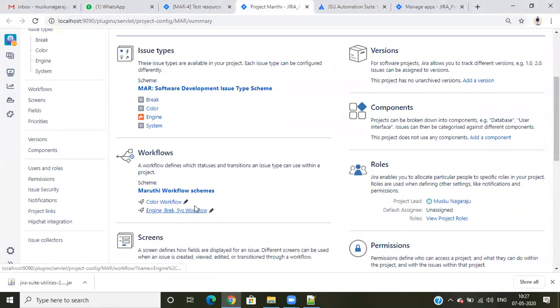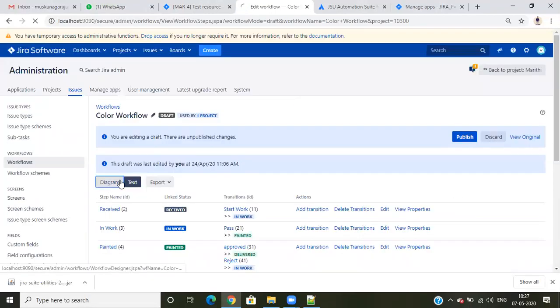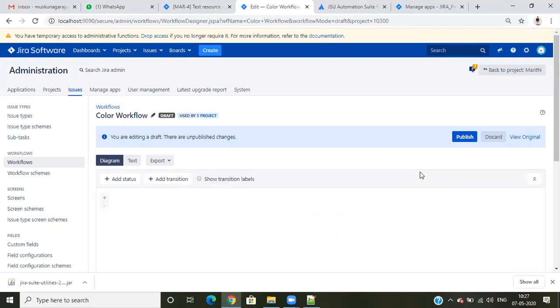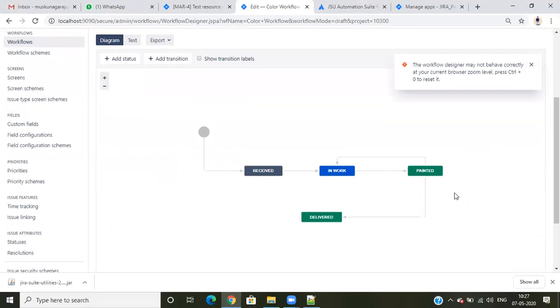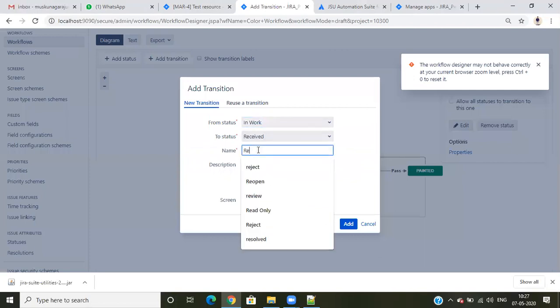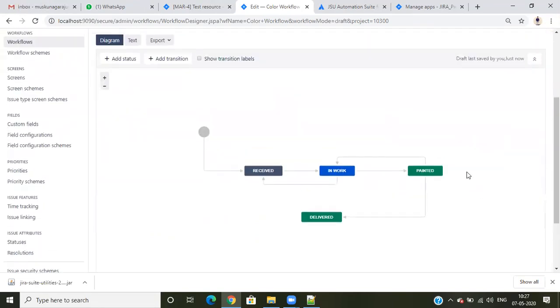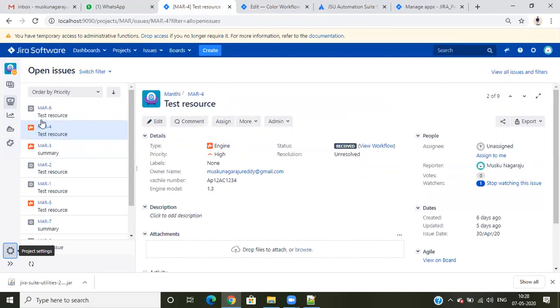I'll open one workflow, the color workflow. First of all, we'll discuss this color workflow.